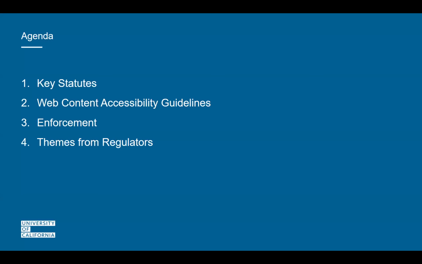So I'm going to briefly talk through some background on key laws related to online accessibility, some context on how those laws are enforced, both by government agencies and by individuals, and then finally, some themes from regulators on best practices related to compliance. Before I get into those items, I just want to emphasize that UC's commitment to accessibility,